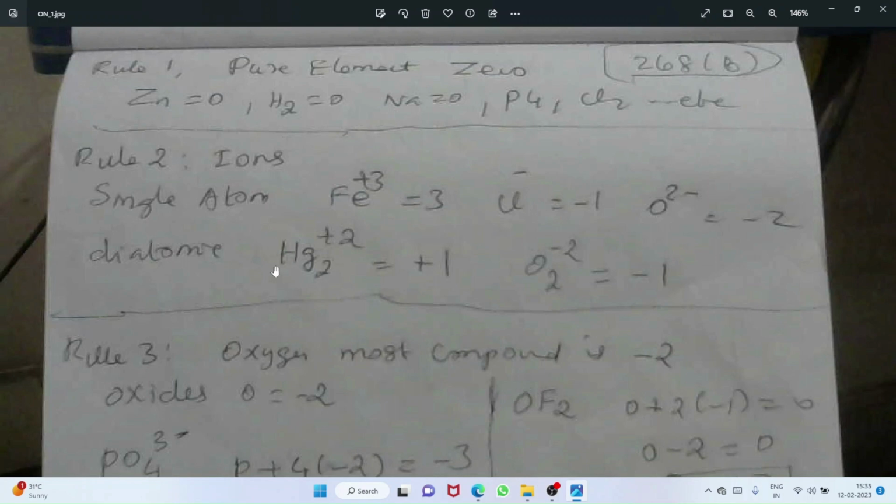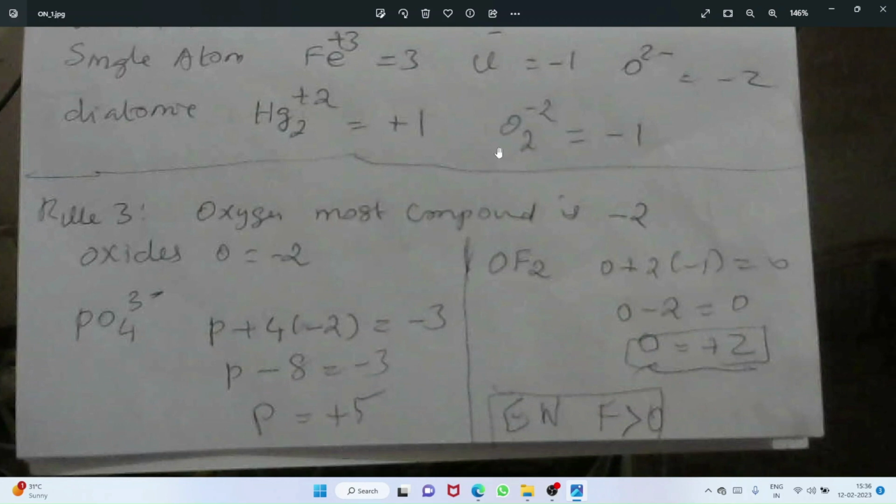But for diatomic, like He2 plus 2 charge, the charge is divided by 2 since there are 2 atoms, so it is positive 1 oxidation number. Similarly, O2 minus 2, minus 2 divided by 2 is minus 1. Okay, now for the